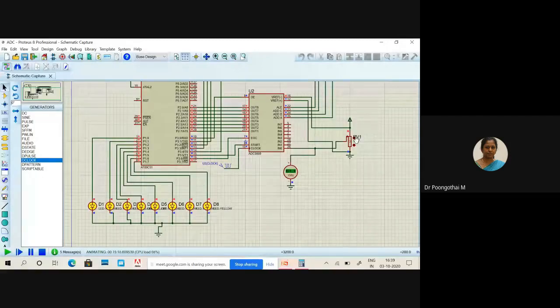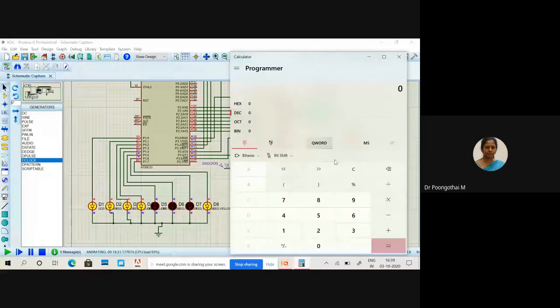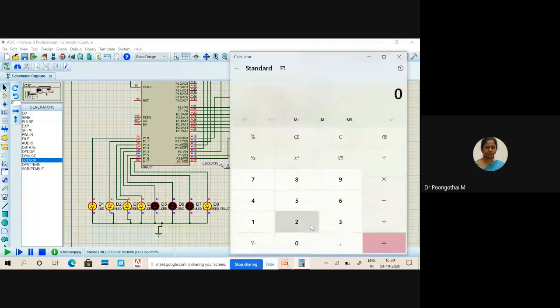So approximately the value we are getting. Okay. So all the LEDs are glowing. Okay. Suppose a middle value, 2.80. So the calculation involved here is first decimal 2.8. Okay. So 2.8 divided by your maximum voltage 5. So 0.56. Multiply this with your